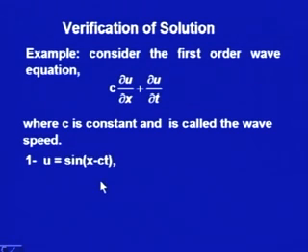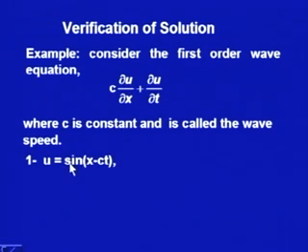Now, in ordinary differential equations, we found certain functions which satisfy the equation, and the function was the same up to a constant change. You see here that we would have many functions which would be satisfying the equation. Now, let us see this with an example. Let us take the function u as sine of x minus c t.